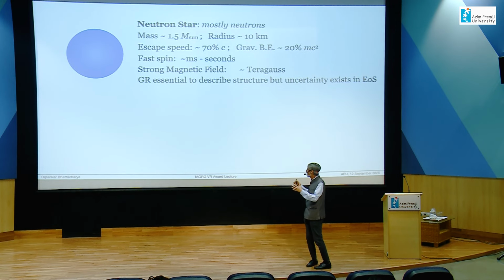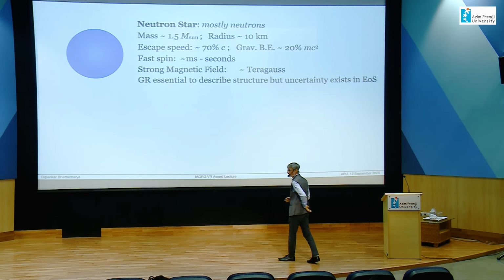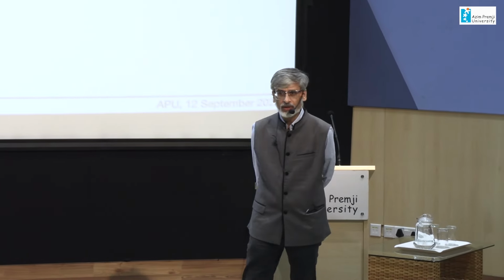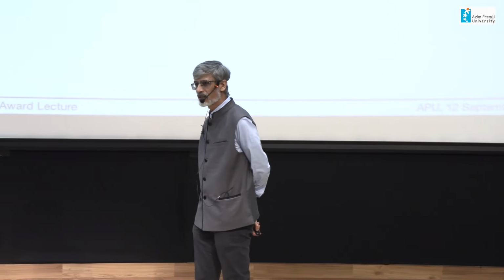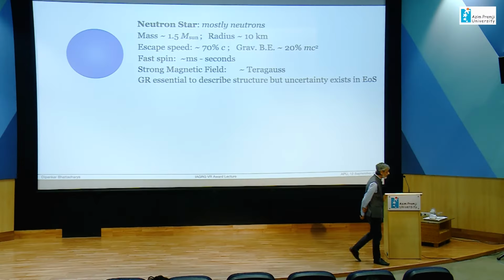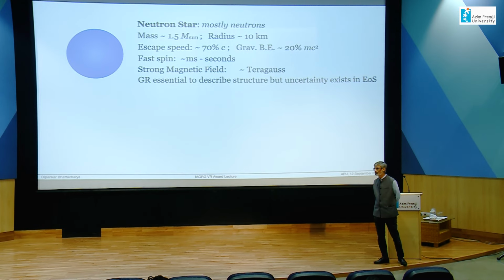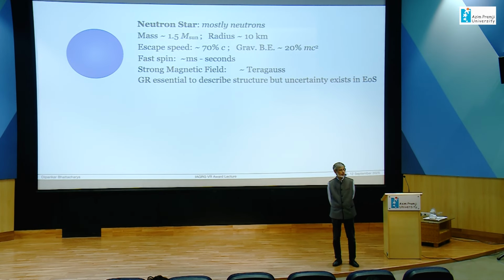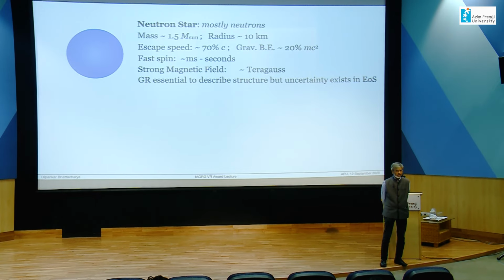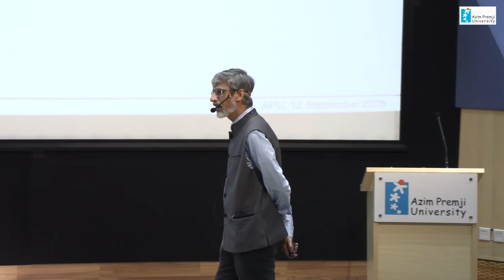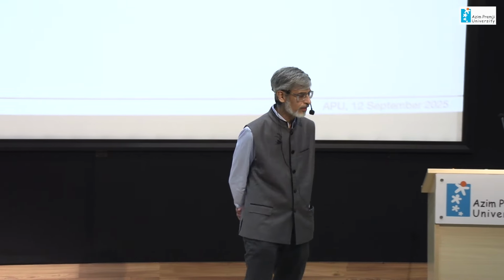And that decides how we pack material in a star by the force of gravity. And we don't know the equation of state of neutron stars very well, because we have now squeezed fundamental particles so close to each other that there is no terrestrial laboratory measurement which has probed that regime. So we can only take observations that we have and extrapolate to that regime.